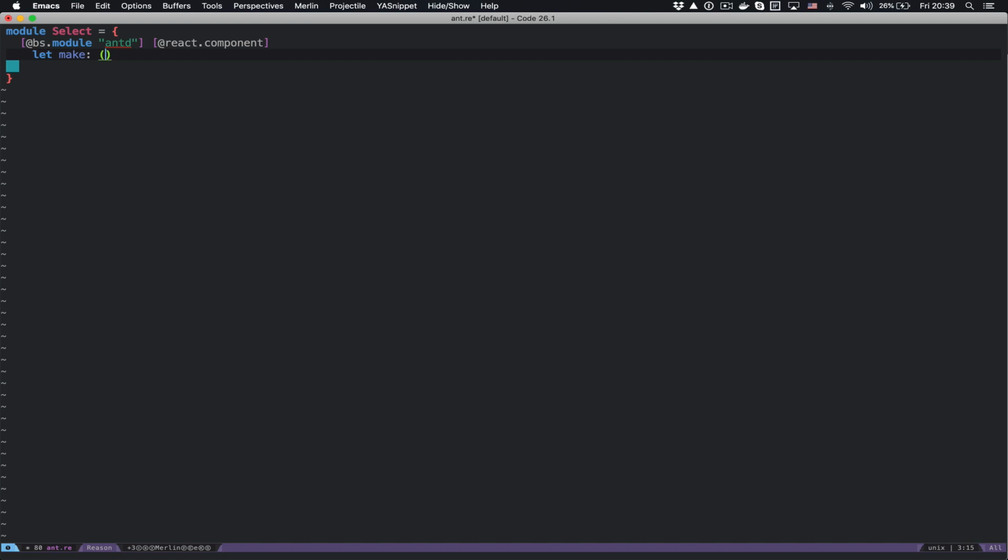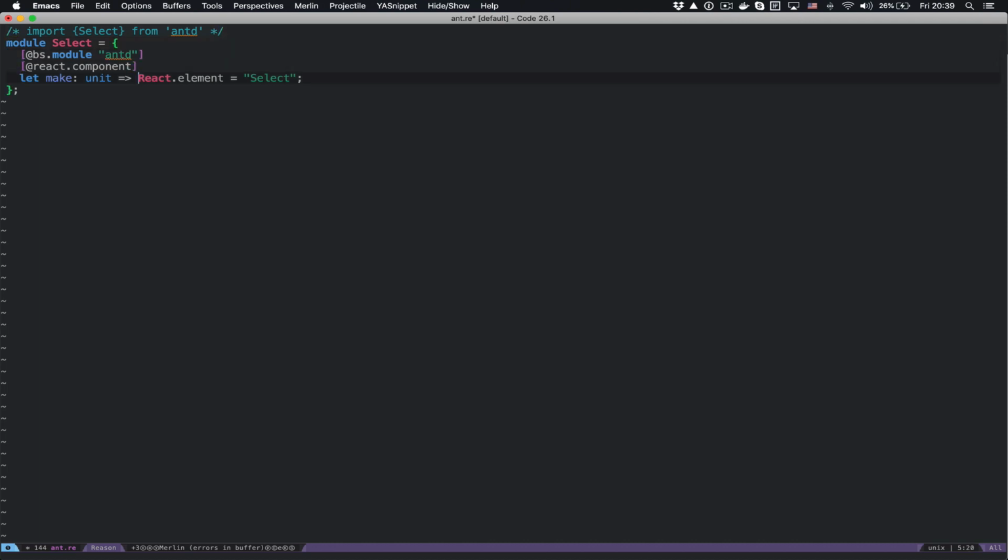I'm just going to give it a little dummy function for right now and say that it takes a unit and that it returns a React element, and it's just equal to select. So this is going to say that it's the antd.select. So very similar to, for example, if you were to say, require or import select from antd. So this is kind of the equivalent of saying this is the module, and then this function exists, and in JavaScript it's called select. So this is obviously not quite going to work,